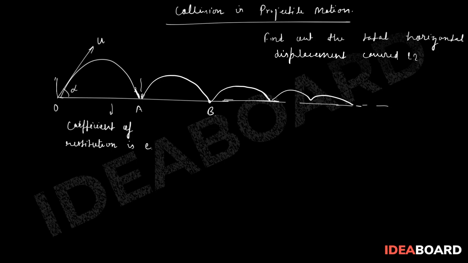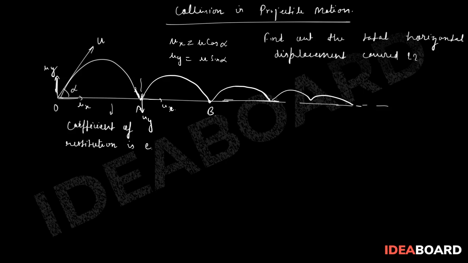So here, first of all, let us define the two velocities. What are the two velocities? ux and uy. So ux is nothing else but u cos alpha, and uy is simply u sin alpha in the first collision. When it comes back further, obviously you know that the velocities are going to be the same. That means velocities will be uy and ux, right?